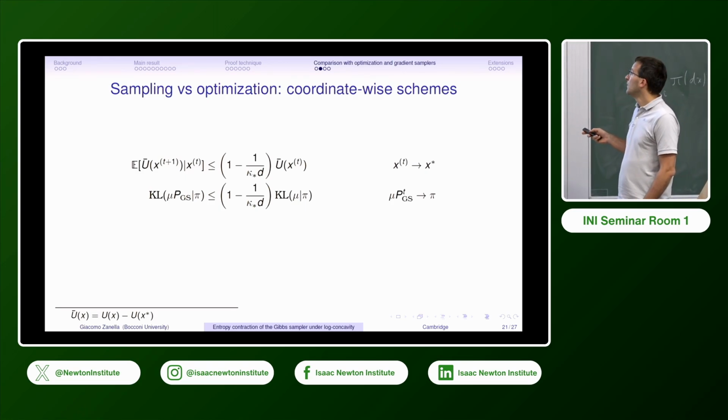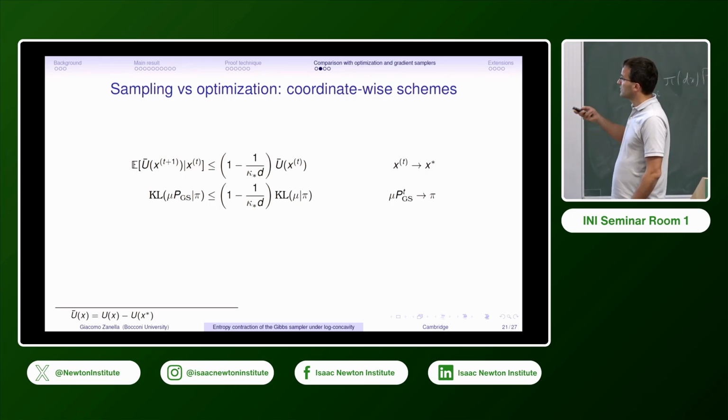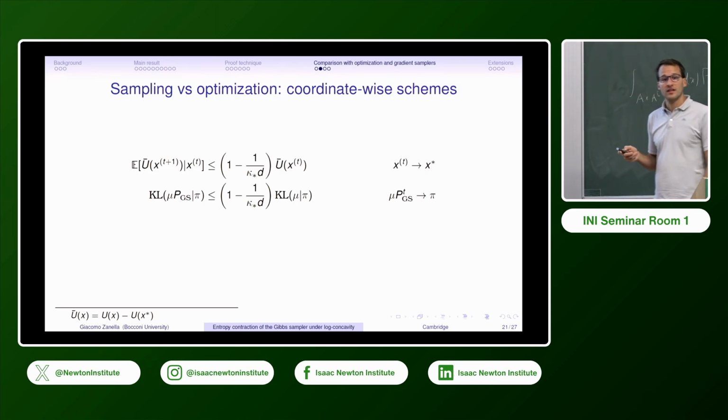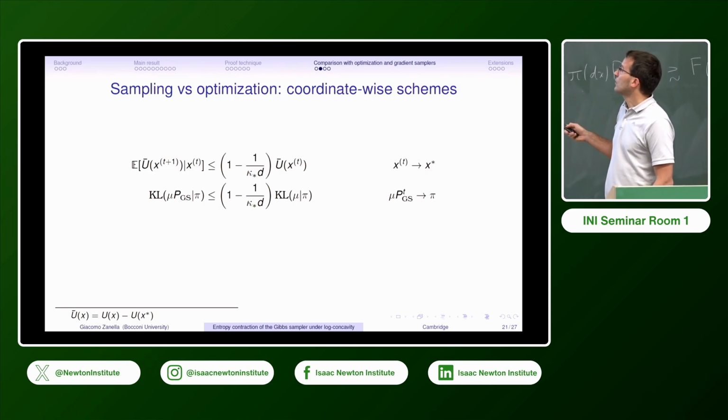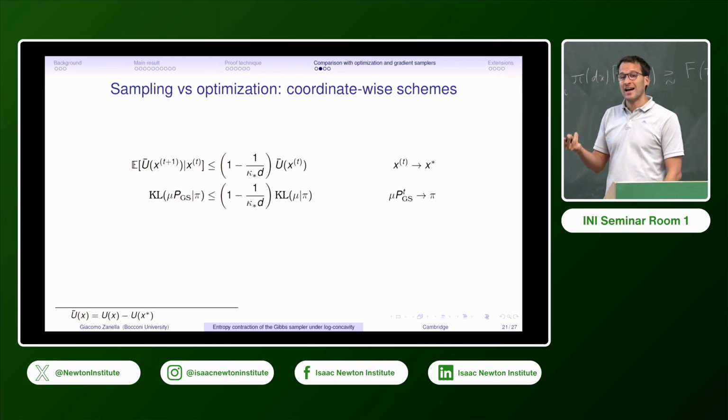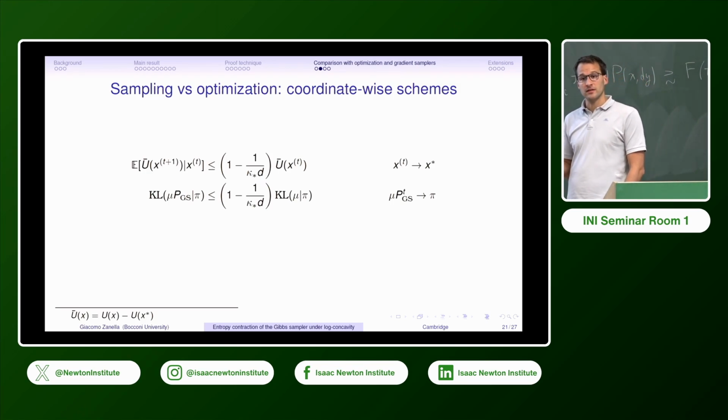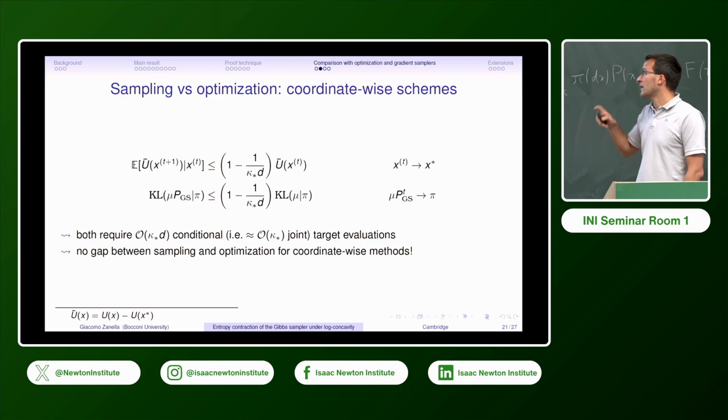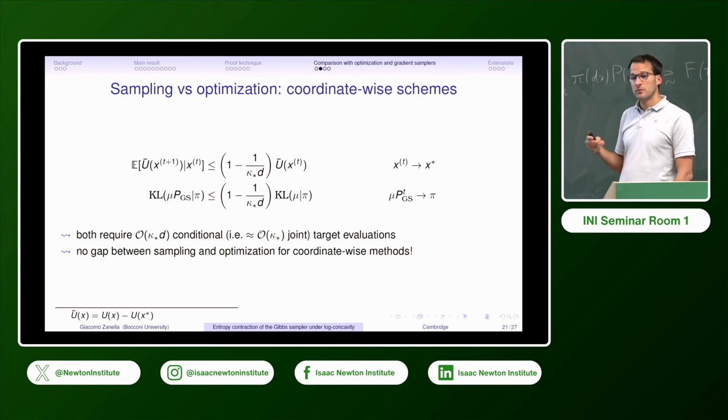And crucially, both of these sequences exactly converge to the desired quantity. So coordinate descent under strong convexity converges to the minimizer. The Gibbs sampler is exactly pi invariant. So it's not biased. So this means that in this setting, there's no gap between sampling and